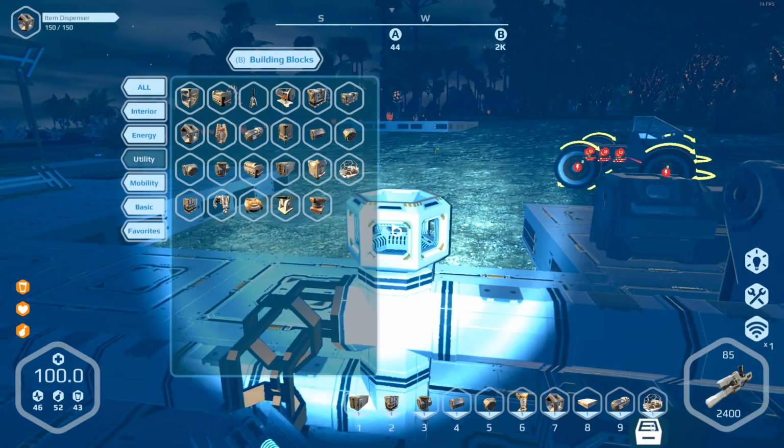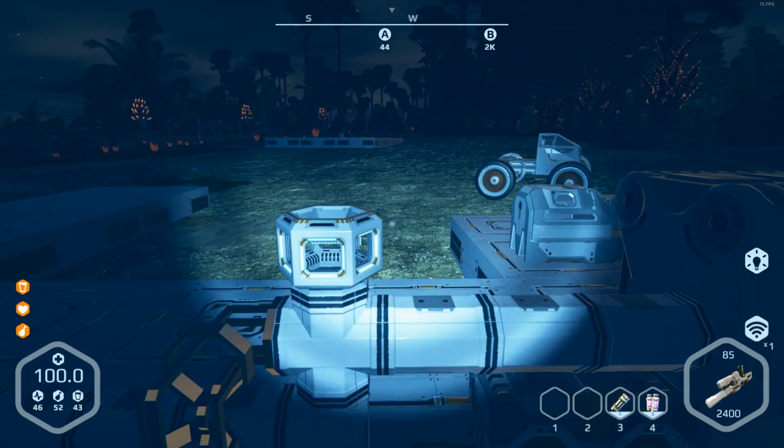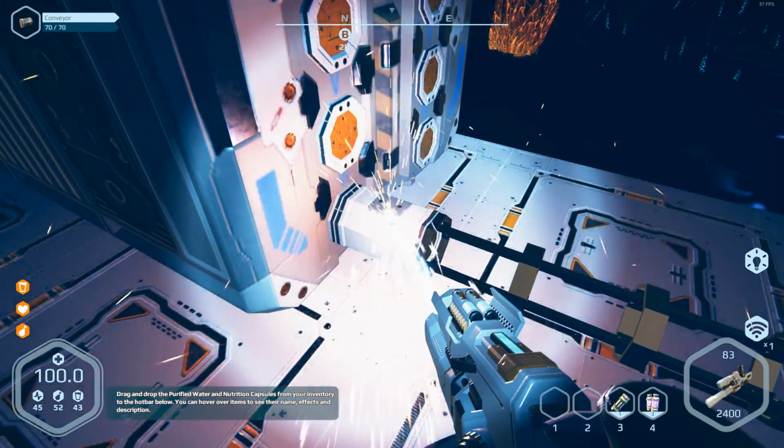Oh, by the way, I don't know if you noticed this, but I also put one of these thingamabobs on here. I forget what they're called. One of the item dispensers. So I don't need all the items on me in order to build. Okay? I don't know if you guys noticed that, but...